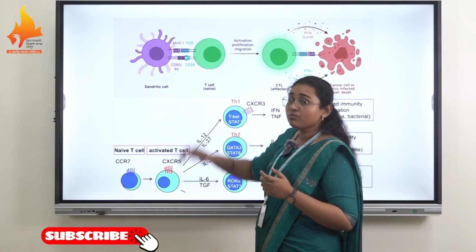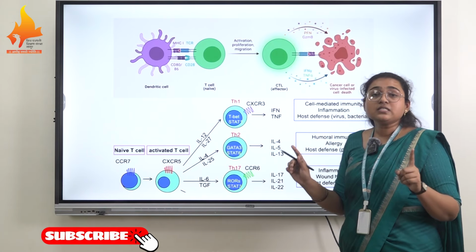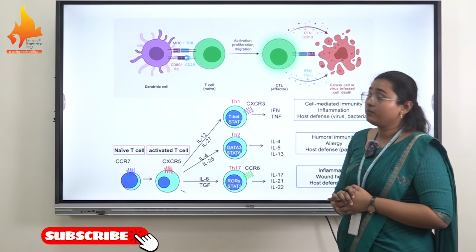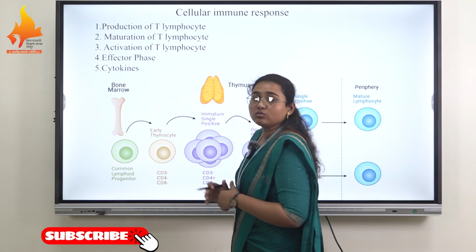Now there is the concept of phagocytic cells. These phagocytic cells are called APC cells. Phagocytic cells can be dendritic cells, macrophages, and natural killer cells. The T cell is then differentiated into two types of cell, T cytotoxic cell and T helper cell. There is a major difference in the function of T cytotoxic cell and T helper cell. T cytotoxic cell releases some types of cytokine, as well as T helper cell releases some types of cytokine. We have learned that there is activation of lymphocyte. So we went through the diagram.